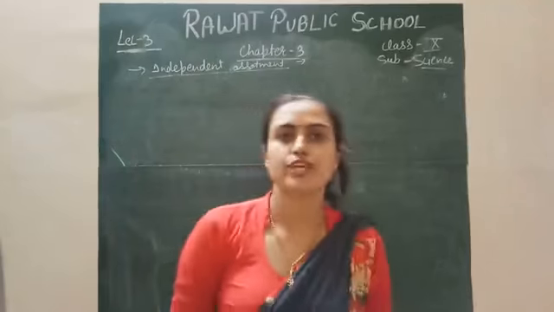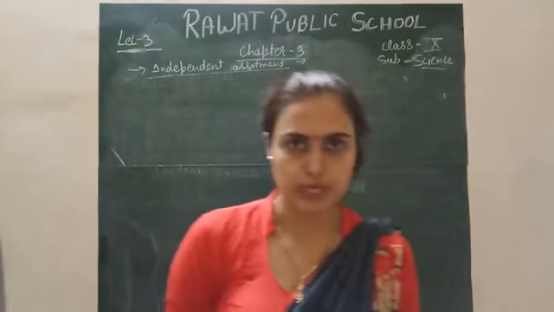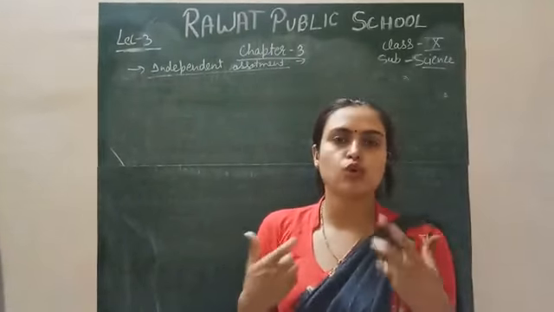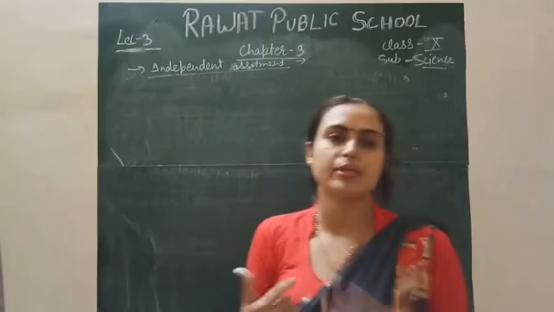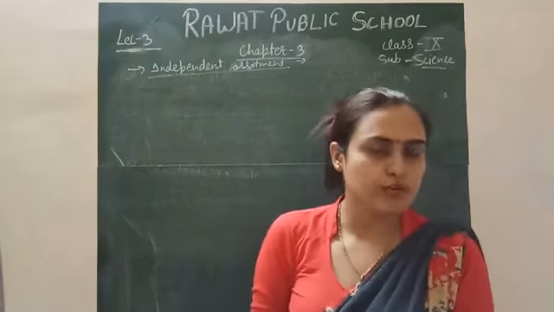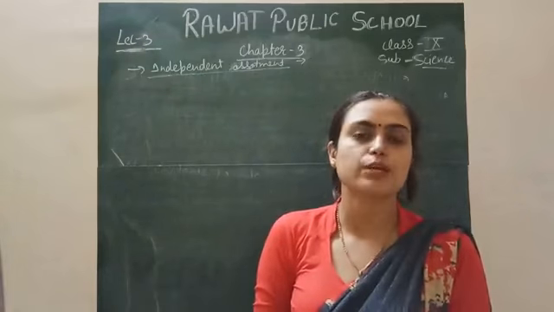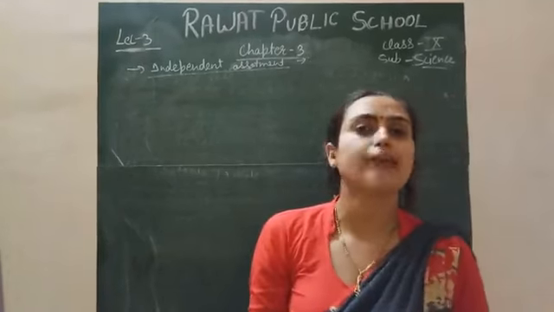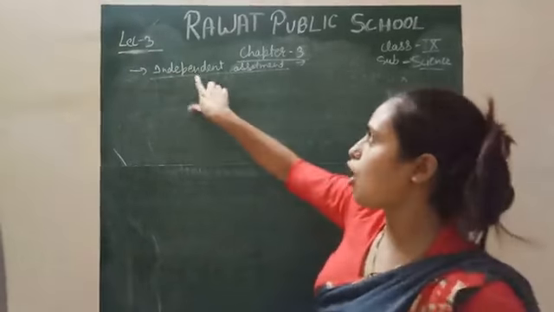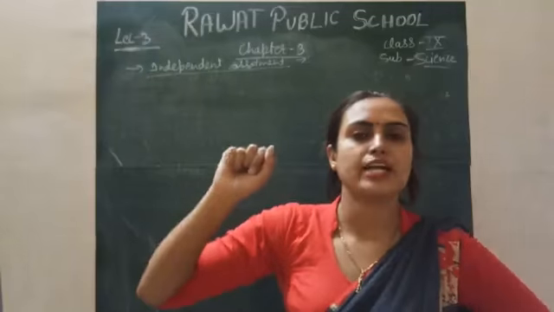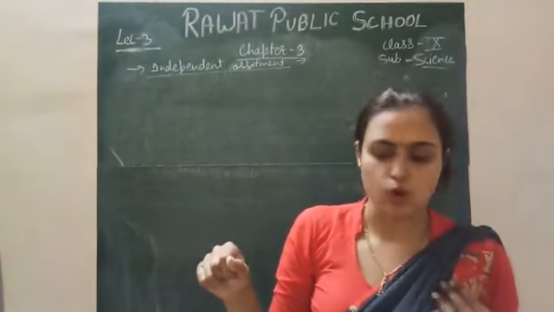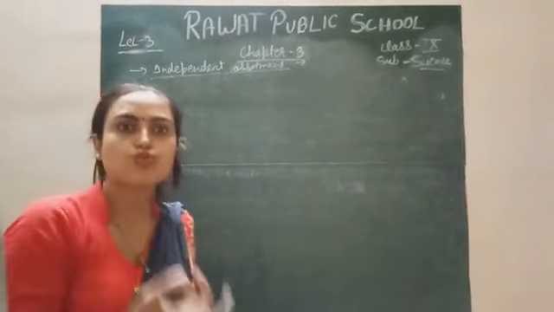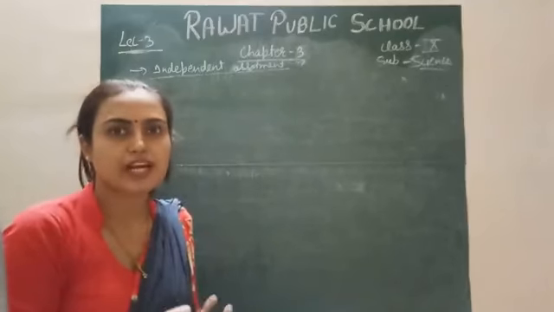In the previous lecture, we discussed only the monohybrid cross, in which we took a single trait, and from the crossing of this single trait we got the phenotypic and genotypic ratio. The phenotypic ratio was 3:1 and the genotypic ratio was 1:2:1. Today we will discuss the dihybrid cross, because Mendel explained this law of independent assortment by the dihybrid cross. As the name indicates, we will take two traits, two different characters.